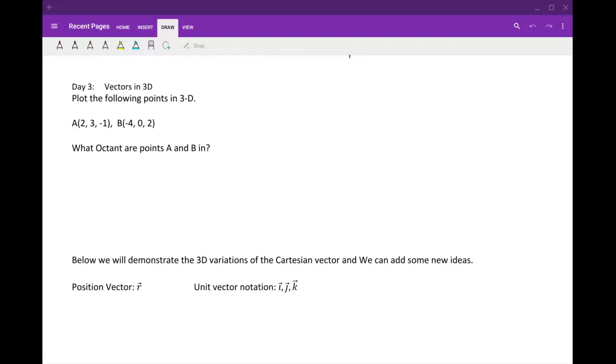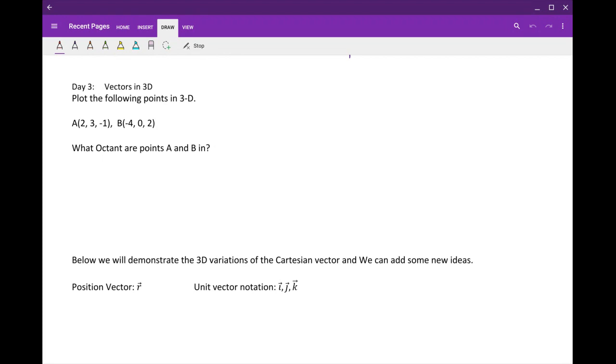We are looking at the third day of the Cartesian vectors. This is three-dimensional vectors. So what we're going to basically try and do is take everything that we've learned so far and apply it